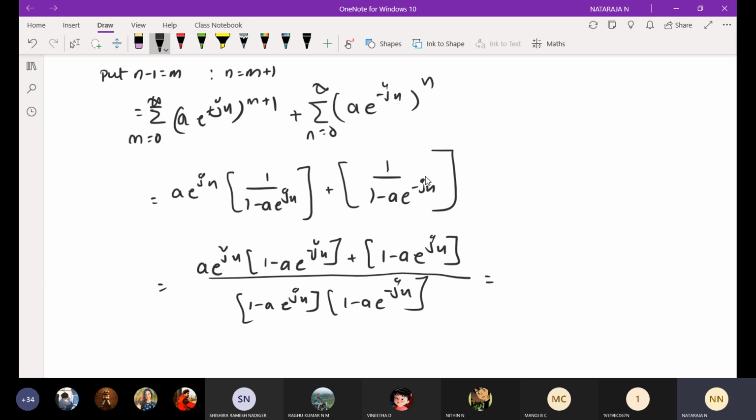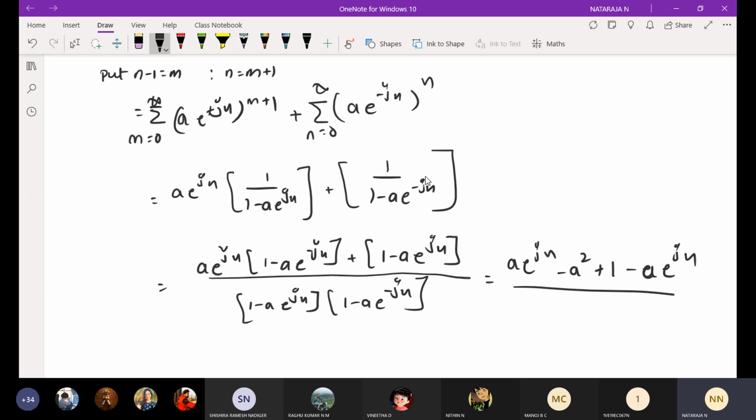Multiply, we'll get 1, the same. If I multiply this e power minus j omega, it gets cancelled with a square. You are going to get minus of a square. Then plus, you'll get one term, and again minus of this term. You will get a e power j omega minus a square plus 1 minus a e power j omega. We are going to get